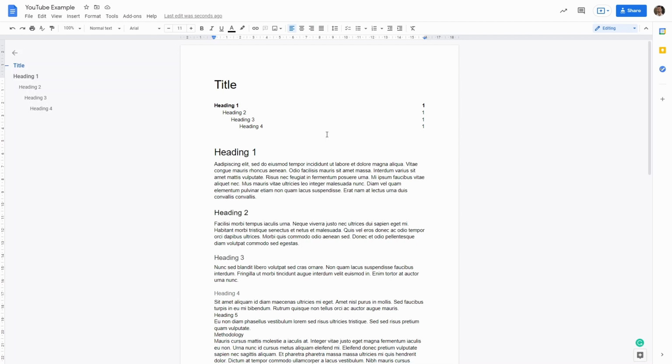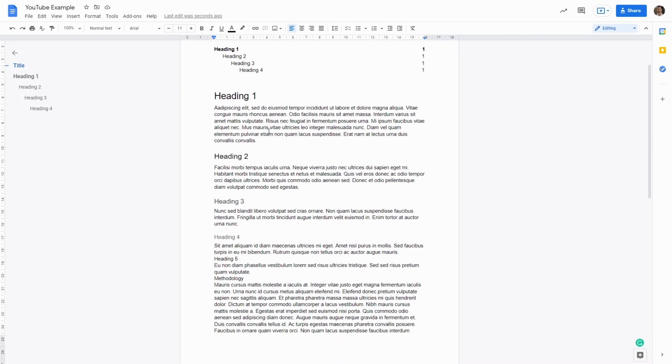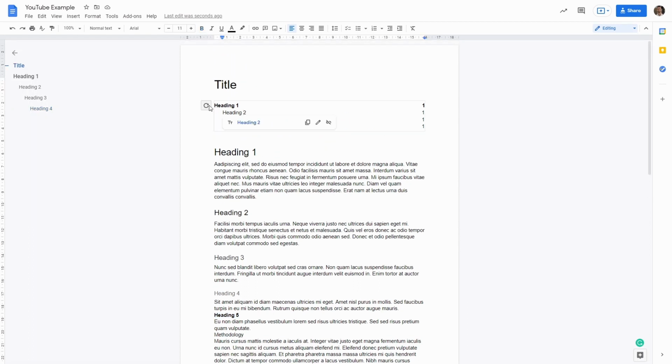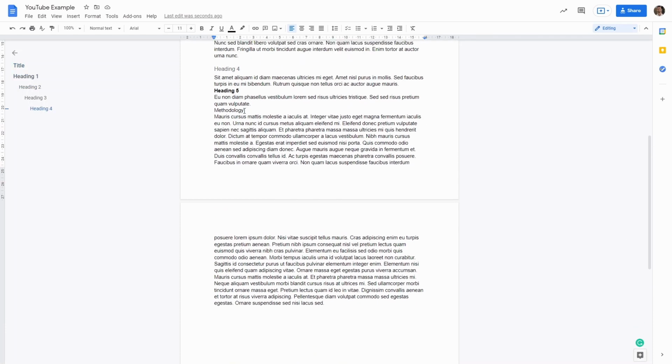One of the limitations of Google Docs is that you cannot limit the number of heading levels in your table of contents. Therefore, if you keep adding, Google Docs will keep adding headings to your table of contents, which means that if you add heading 5, 6 and so forth, they will keep being added to the table of contents. One workaround is to define a manual style for the heading. So if you want to just display up to heading 4, for heading 5 you can just use bold text. This is going to create a different heading, but this is not going to be added to your table of contents. So here, as you can see, if I refresh it, I cannot see that.